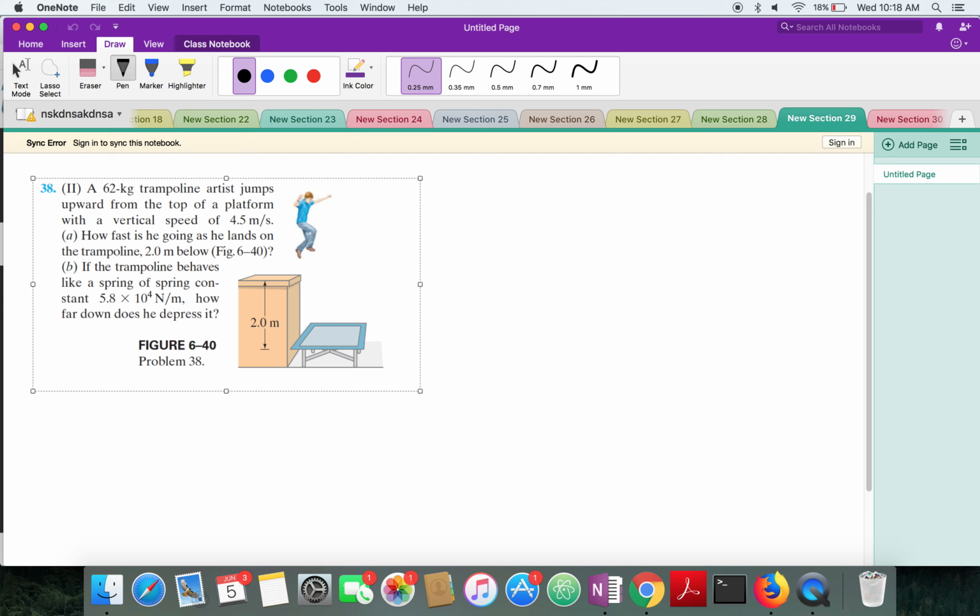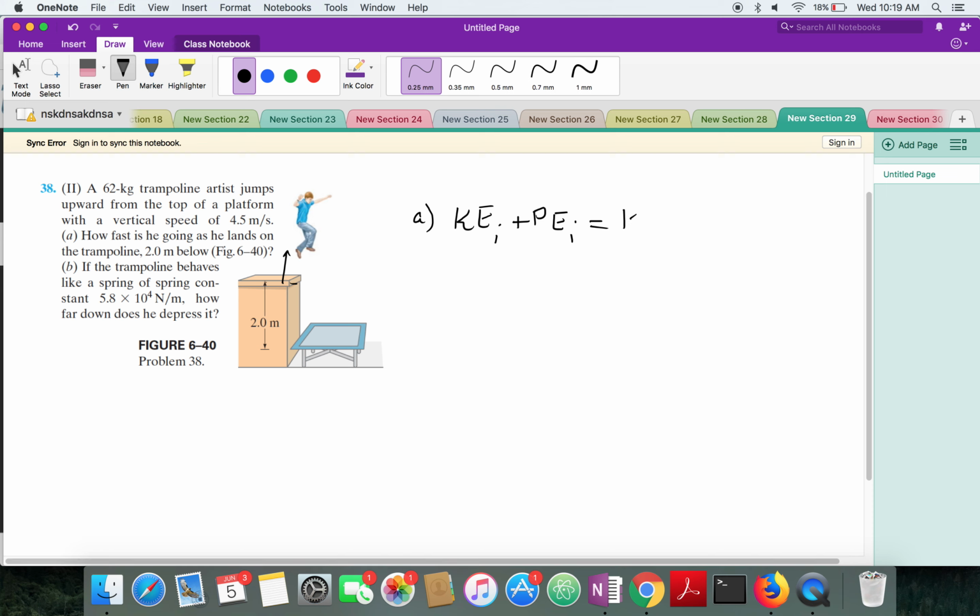Now this is ranked 2, so it's not as hard. So we have a trampoline artist that's jumping upward from the top of a platform, starting 2 meters high, going up like that. His initial velocity is 4.5 meters per second. They want to know how fast he is going when he lands on the trampoline. So this is energy conservation, right? And the way energy conservation works is KE initial plus PE initial, that's the potential energy, equals KE final